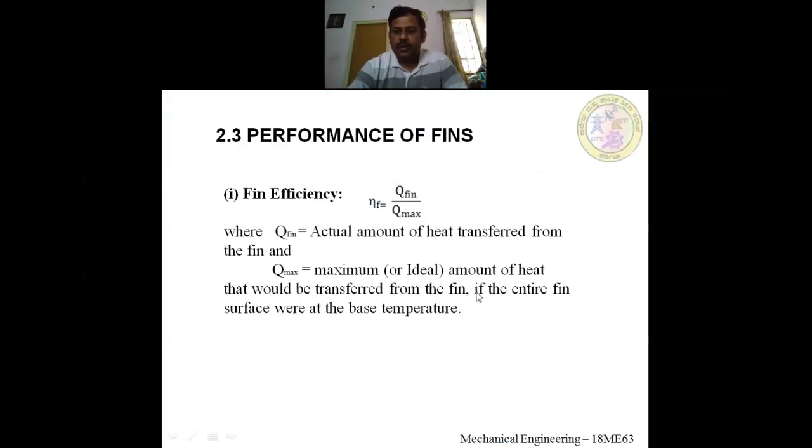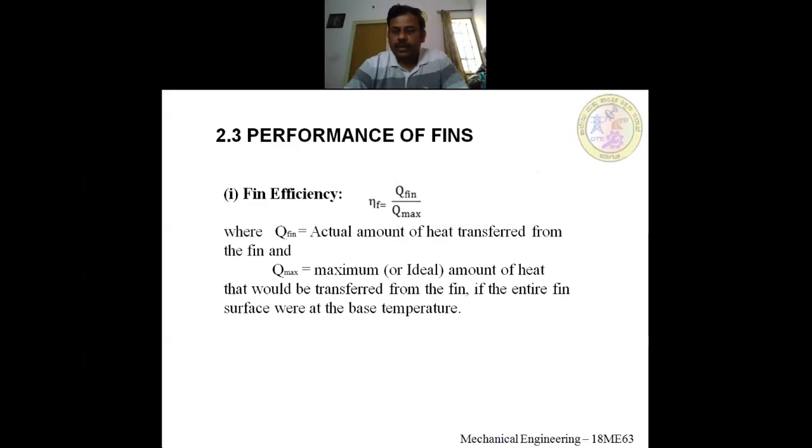So in the previous class, we have considered three cases, that is a fin with insulated end. Insulated end means at the end of the fin, or at the tip of the fin, heat loss is almost zero or negligible compared to heat transfer from the surface of the fin. That is what an insulated fin. We have derived the equation for temperature distribution as well as heat transfer rate for the insulated fin, and also we have derived